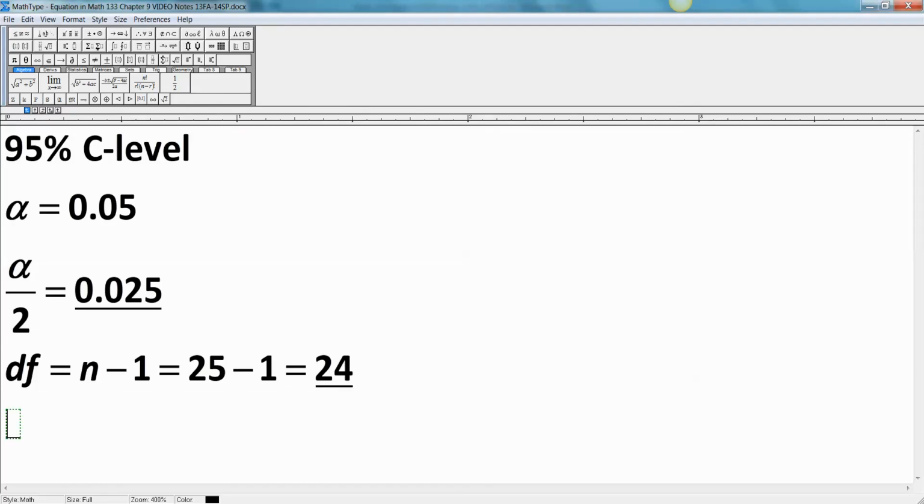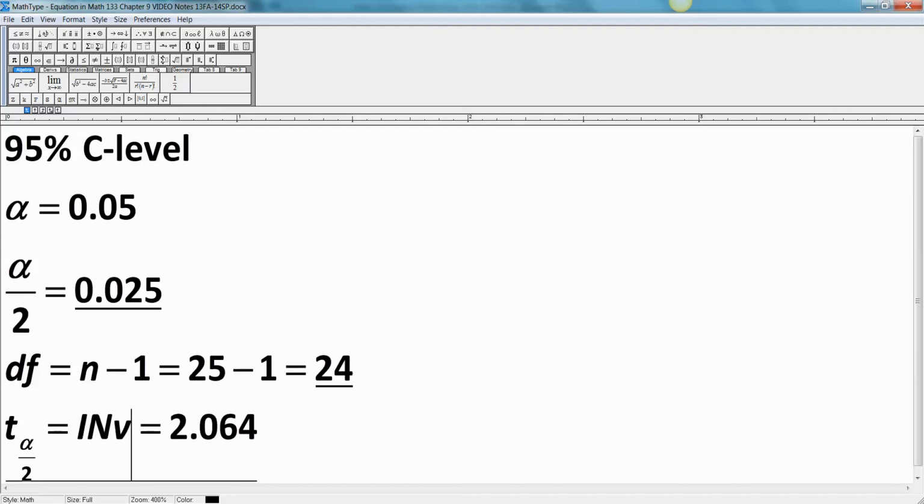Right? So t alpha over 2 is 2.064. Now you can also get it with the calculator. Let me show you how. You would do inverse T,